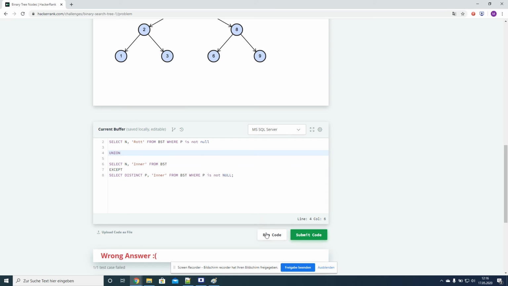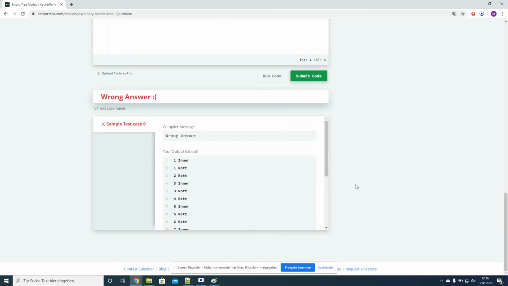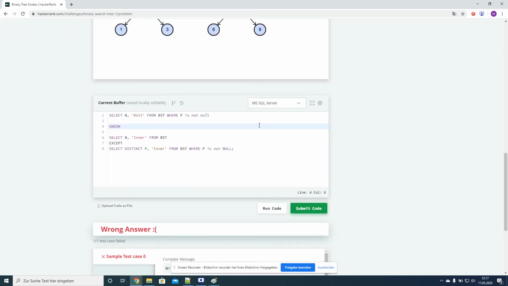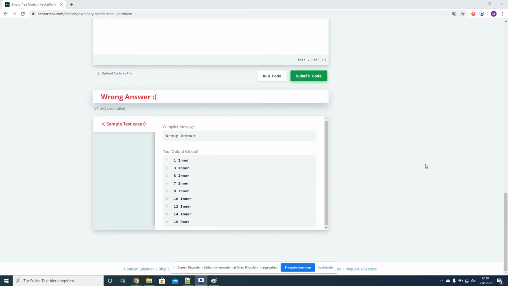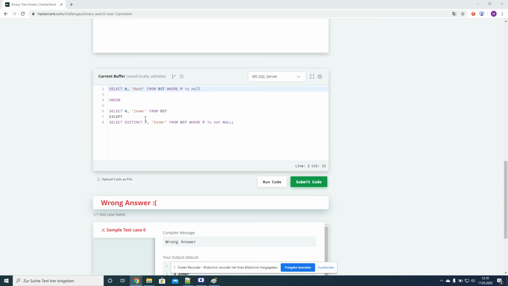See how this one is looking. Root, I wrote rot. Oh, that's also interesting. Where P is not null, oh, I mean where P is null, sorry. Where P is null, not rot, but we need the root. So now we have the inner and the root. We only need